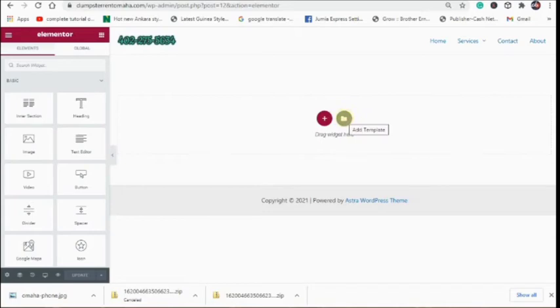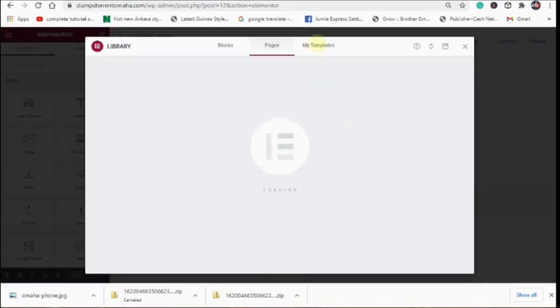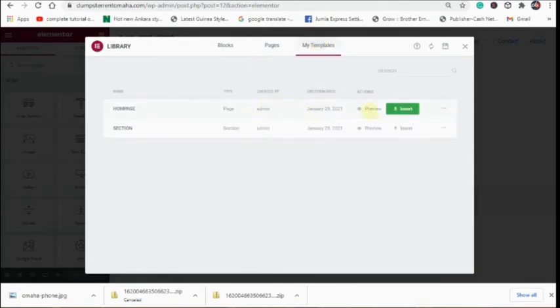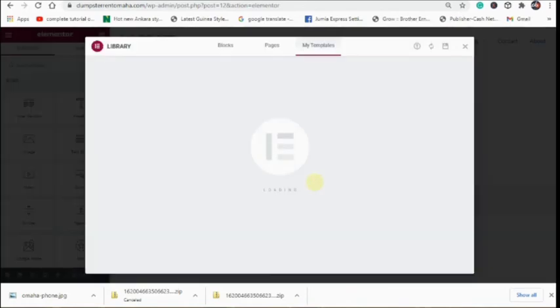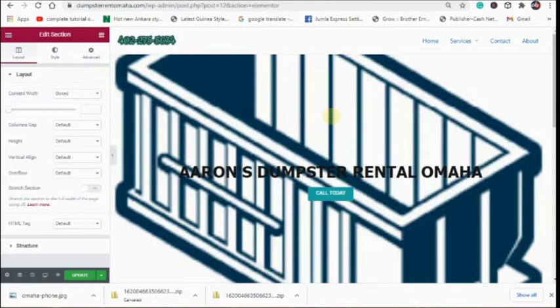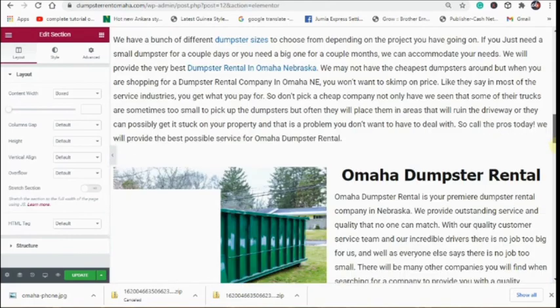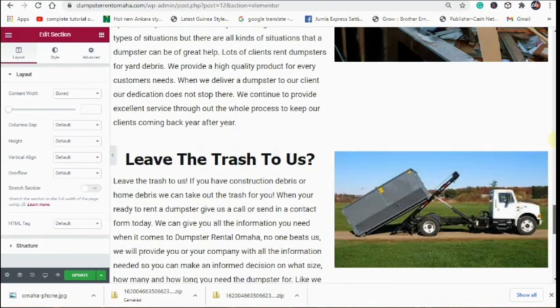We have not built the page, so let us bring the template which we have saved into this page now. Then we can just edit the content of the page. So click insert, and you have the full page which we have saved as template from the other page. So here now we can just be removing the content